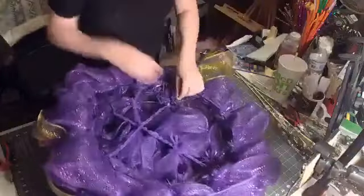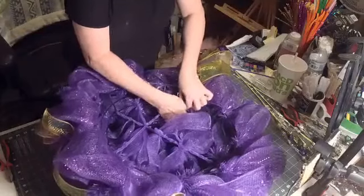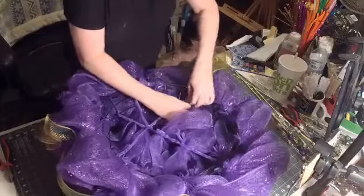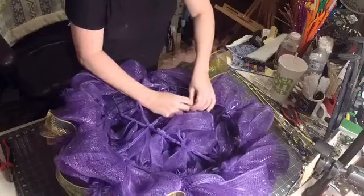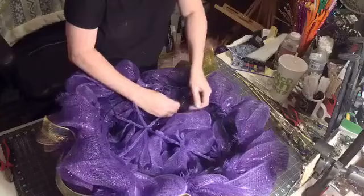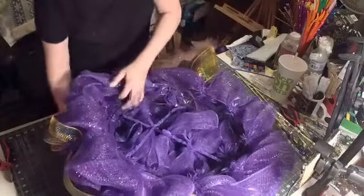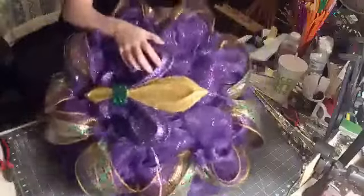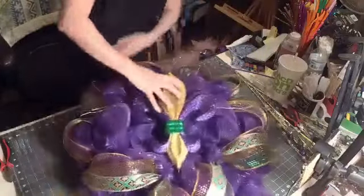I have to put this over because I have to be able to see what I'm doing. Every time I watch Laura Jean on here, she doesn't flip it over, and I'm like, oh my god, how do you do that? I can't do that. I have to be able to see what I'm doing. Okay. Oh, my fingers just got stuck. Okay, so when I do the top,